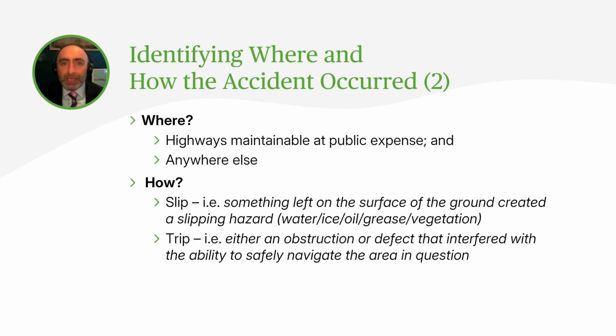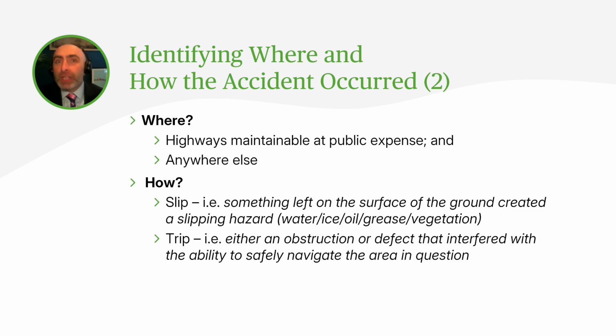So when we're talking about where, you've basically got two options. You've got highways maintainable at public expense, and then anything else. So highways maintainable at public expense or anything else. That's the kind of differentiation you need to be clear about at the outset when you're thinking about where the incident occurred. Then, when you're thinking about how the incident occurred,